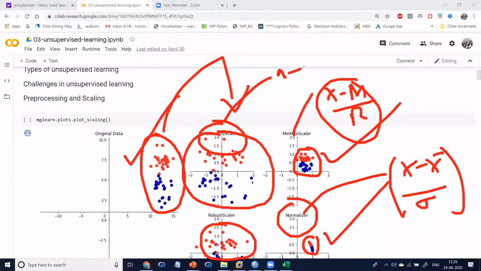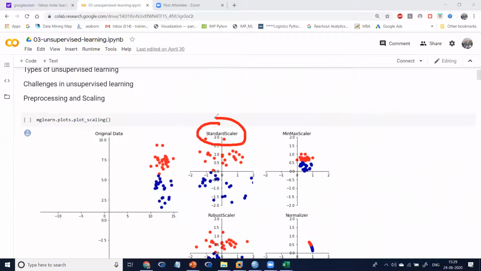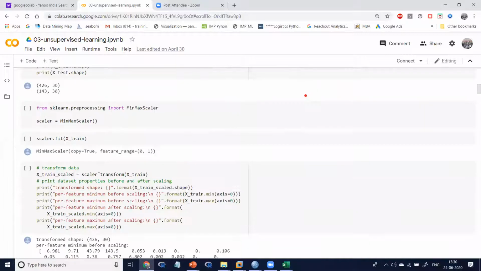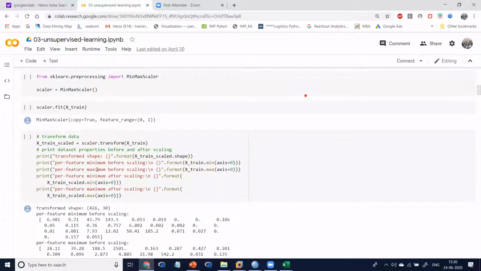We have standardization, min-max and normalization techniques. Google it, search it, apply it. If you're not applying these, your model will fail.